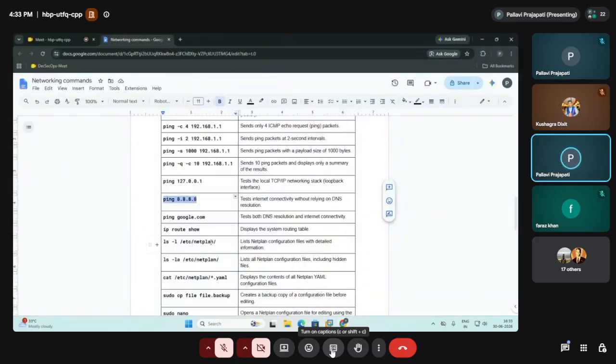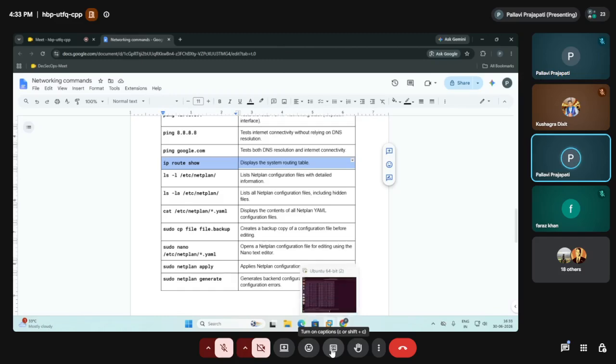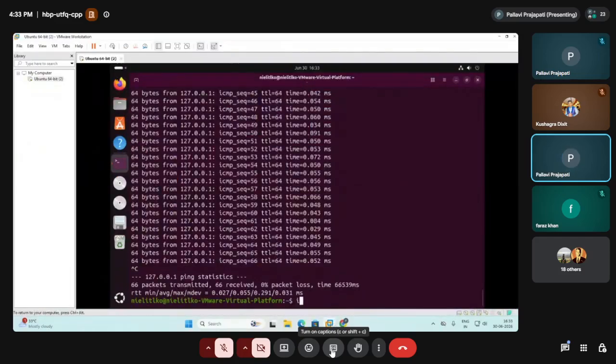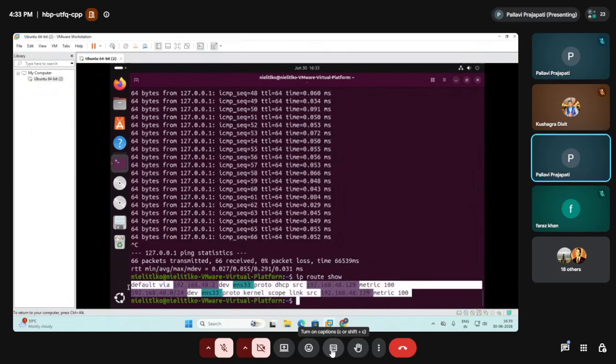Okay, next is ip route show, which displays the system routing table. Let's see this. See here, ip route show, the routing is showing here.